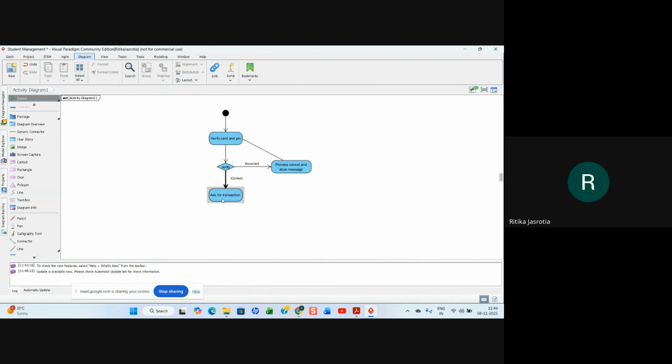And ask for transaction now. After ask for transaction, I don't know. This kind of thing we are adding, branch fork node. So if we need to, why is it added here? Can we change the direction of this?